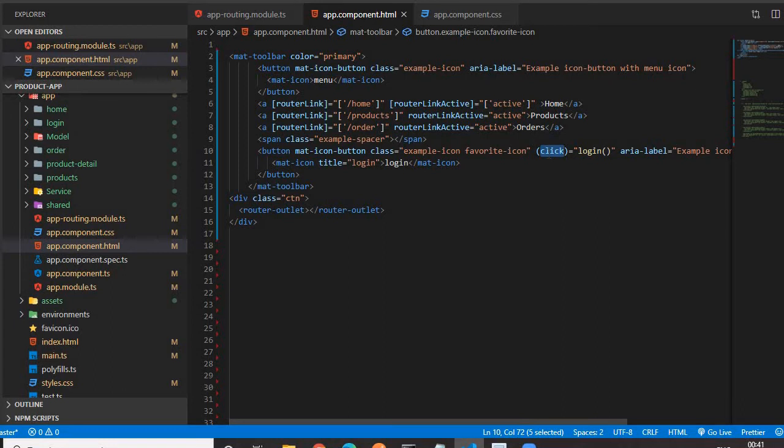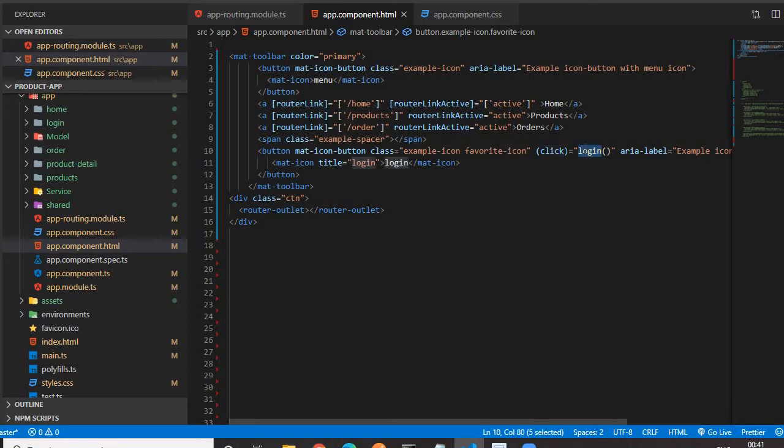For attaching the event we have to use the brackets, and within them we write the corresponding event. So it's a button, it's a click event. If it's a select drop down, we will use the change event. If it is an input field, then we can use the key down event, on the basis of your choice. Since usually we click on a button, I have attached a click event to this button. On click of this button, I want to handle that click event in this function.